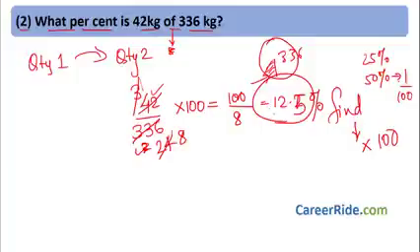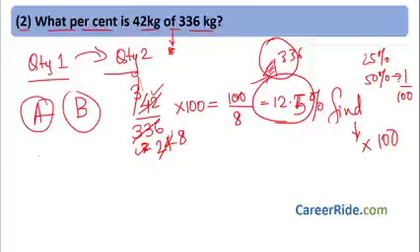See how easy it was. There are two types, either divide by 100 or multiply by 100. When we want to find percent, multiply by 100, and whenever they are given two quantities, okay, A and B, and if you want how much percent is A of B, then we will have A upon B multiplied by 100, and that would be our percentage, right? We will see some more examples of this, and so this idea will become more clearer and clearer. Moving to next question.